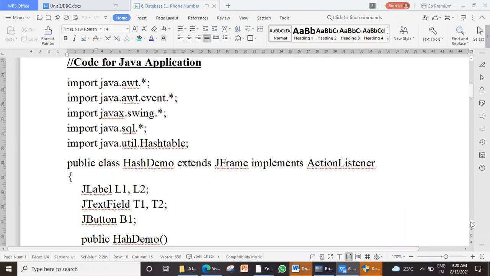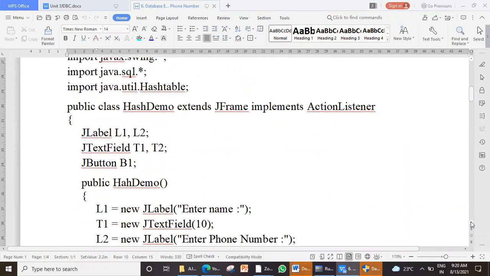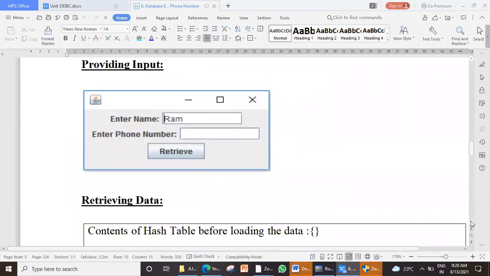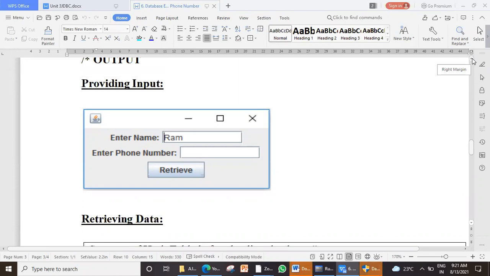Now see how using Java we are trying to calculate. Look at the interface. Now you can imagine how a Java Swing application can be created with 2 text fields, 2 labels, and 1 button. At least the design part everybody will be able to do. Yes? Now, the moment I enter name and say retrieve, phone number will automatically be flashed here. How are we going to retrieve that? So this is the code.